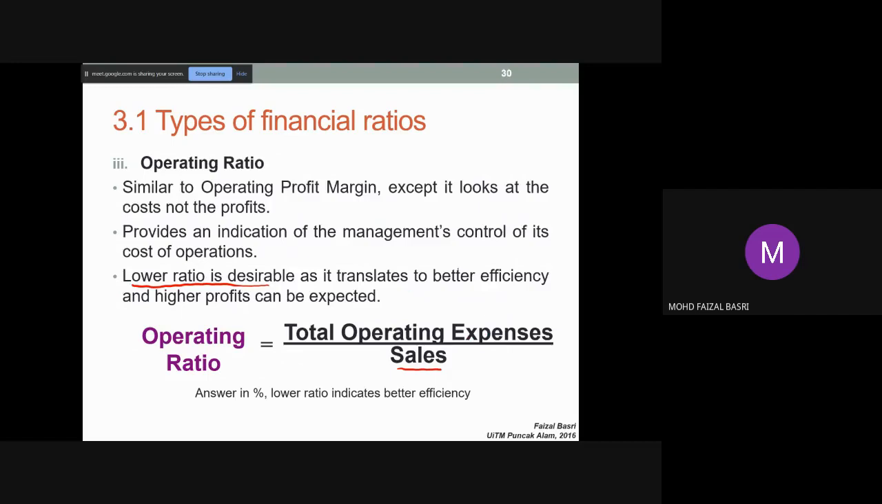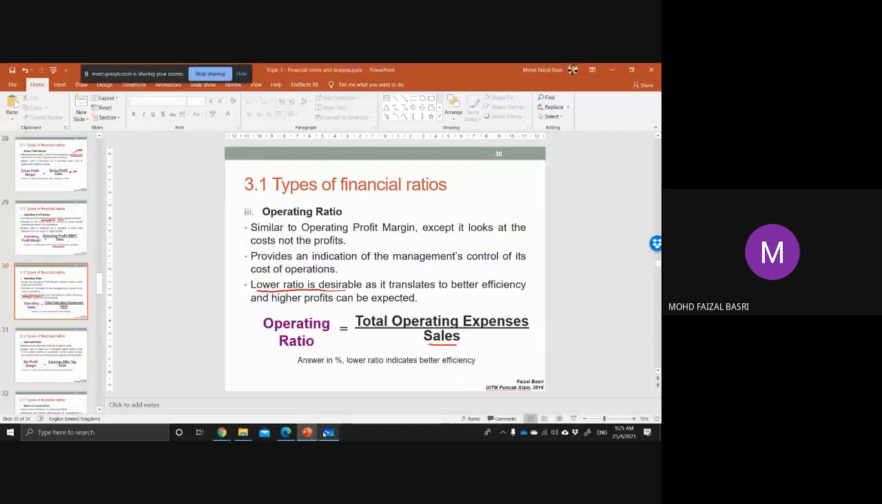Okay, so as I said, it's similar to operating profit margin, except it looks at the cost, the expenses, not the profit. And this can indicate how the management controls the costs of the operations. So the lower the ratio, the better the efficiency. So that's why, this question didn't ask earlier